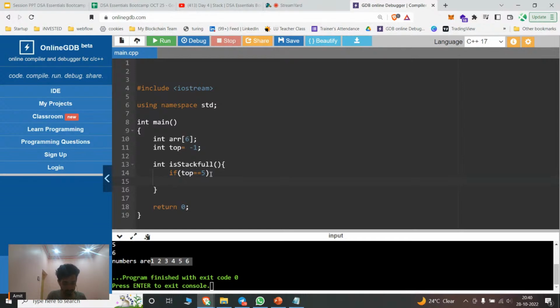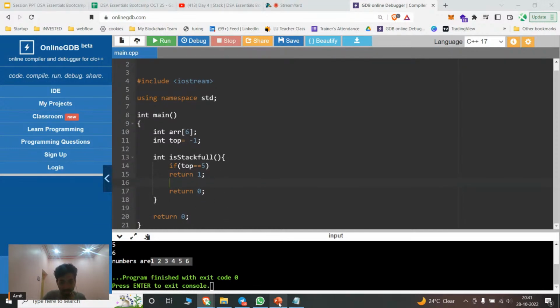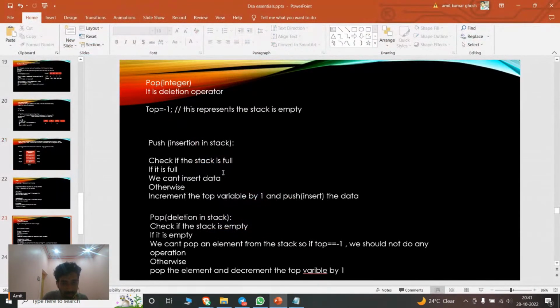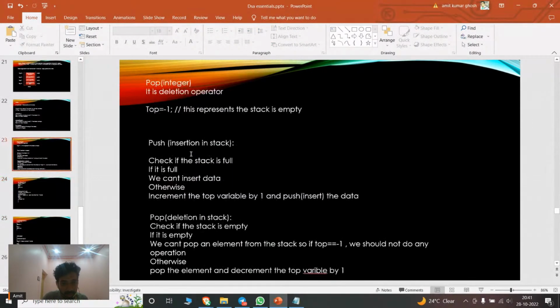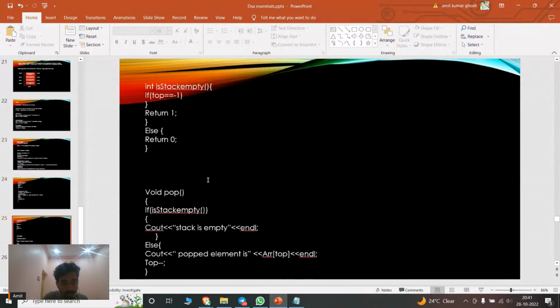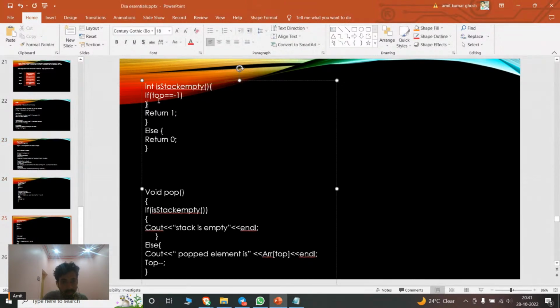So what I'll do is I'll write return 1. It means the stack is full. Else it will return 0. That's what we saw, right? That's what we saw in the isEmpty function. What is that isEmpty function? It will check like if it is